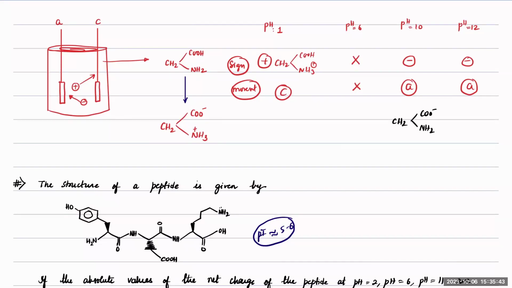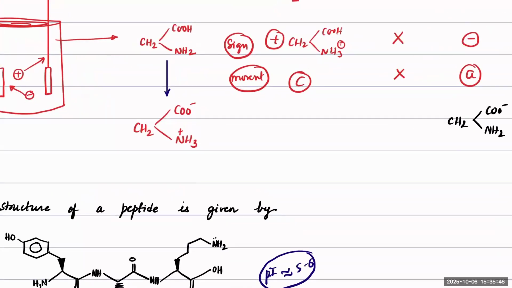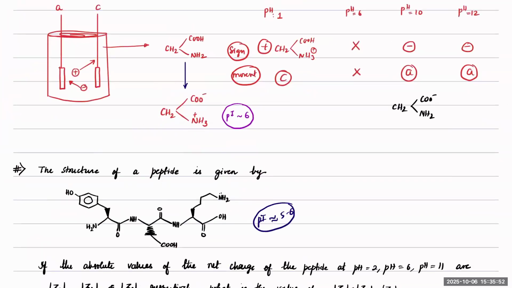I told you that the pI value of a neutral amino acid is close to 6. Correct? This is the isoelectric point. So you can see if I take cathode and anode, at pH equal to 6,